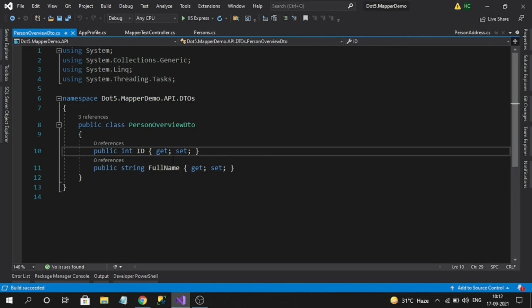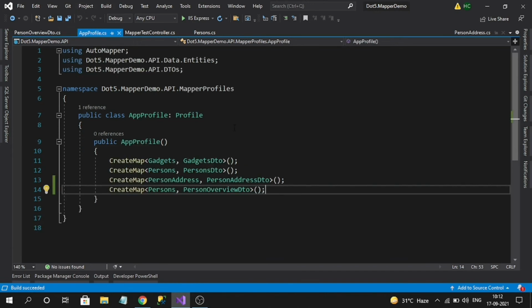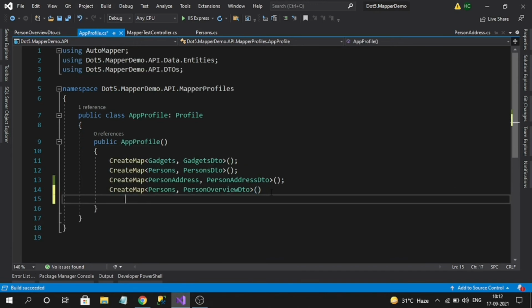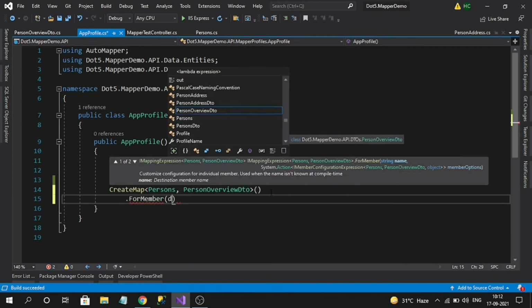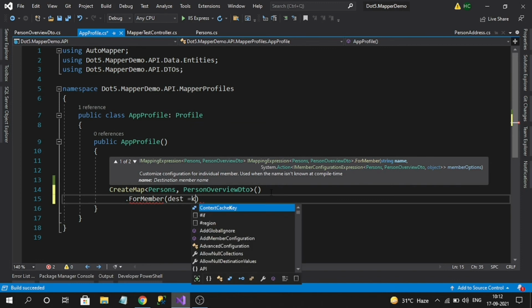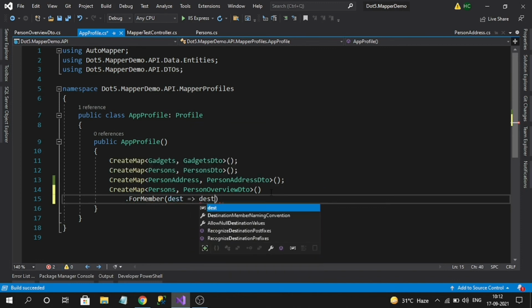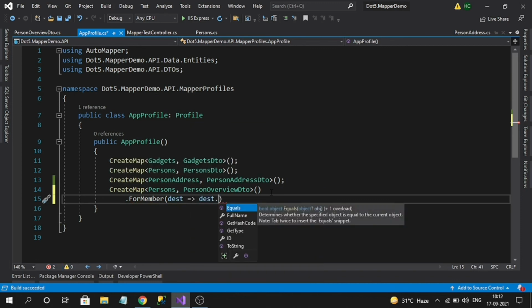Okay, so to do that, we have flexibility to configure in the AutoMapper configuration. So go to profiles. So here we have a method like for member. Okay, for member of the destination dot full name.